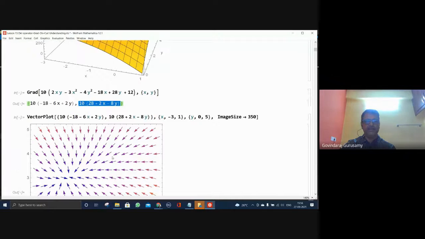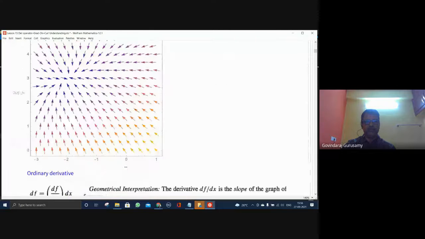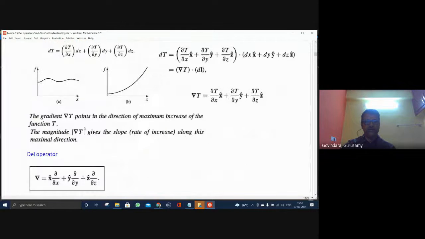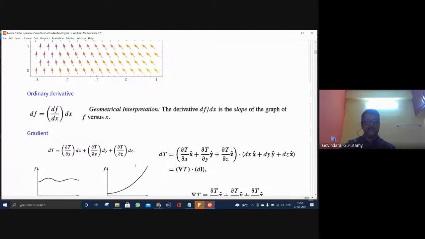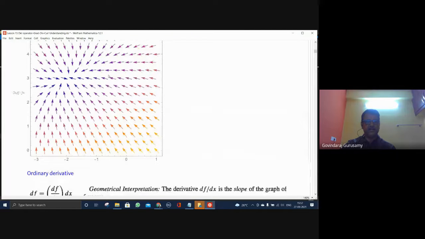And what is the meaning of the gradient? It should point out the direction of maximum increase of the function T. I'm able to see that the arrows all point towards this, towards this, towards this. This seems to be the maximal change that's going to take place somewhere here. And that I can pick out